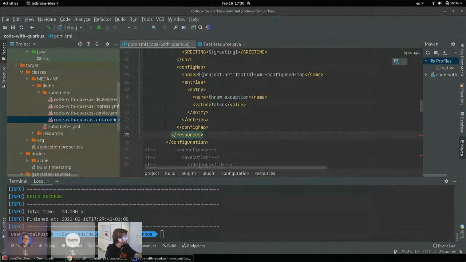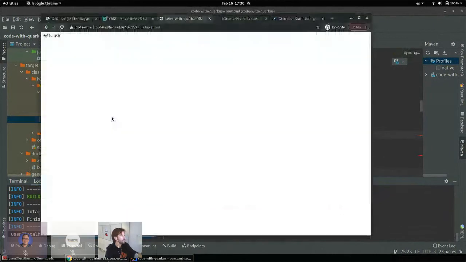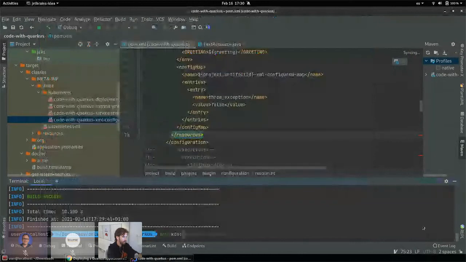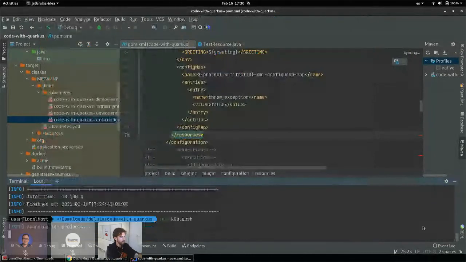So, okay. So if we go back to the slide, as I said in the beginning, in order to speed things up, I was going to skip the push goal. Okay. So now let's try to push the image to Docker Hub. It should be as easy as running this goal. So when we push,